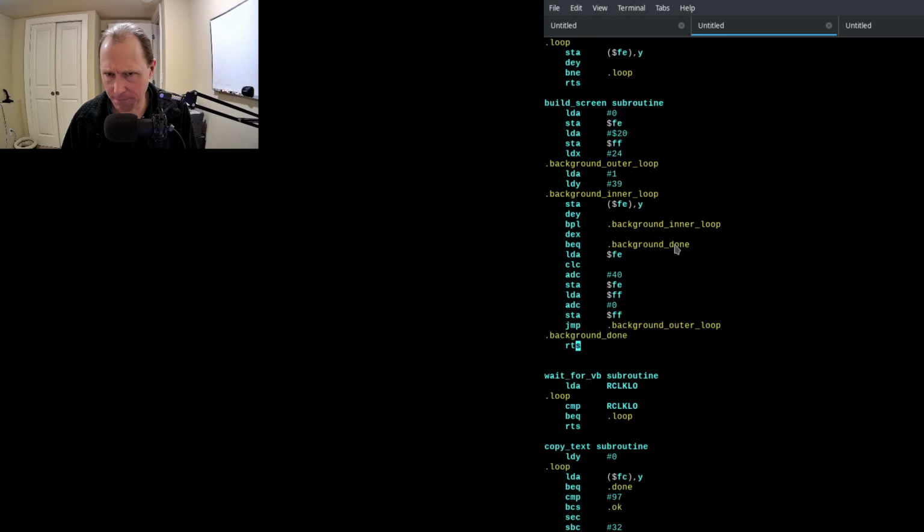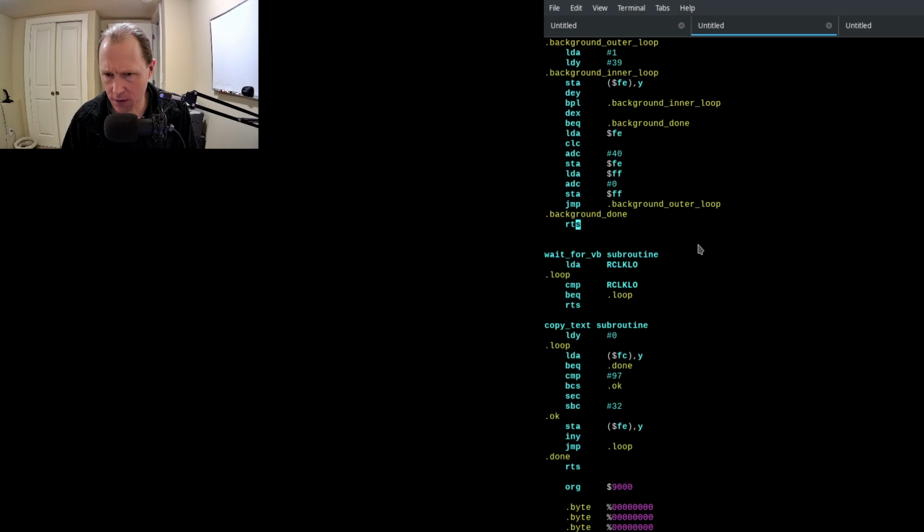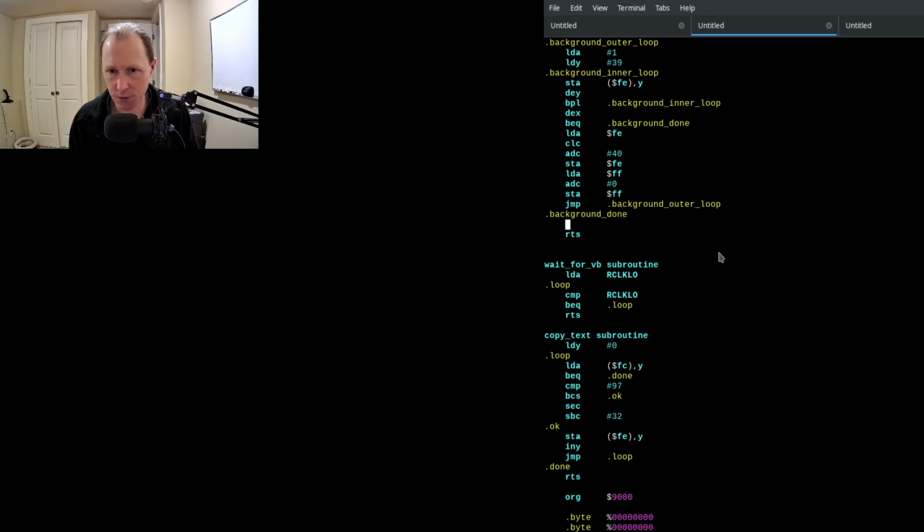is to, I want to kind of carve out an area in the middle. Okay, it's 24 rows. I want to leave 2 rows at the top and 2 rows at the bottom. So I'm going to start 2 rows in. So we're going to store, so 2 rows in would be hex 2000 plus 80. So it would be